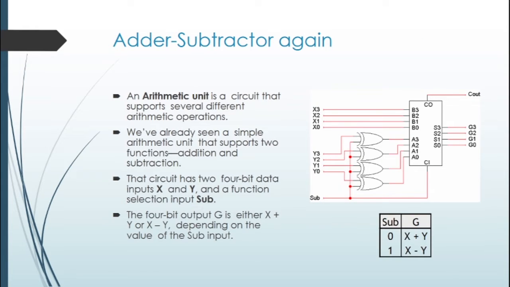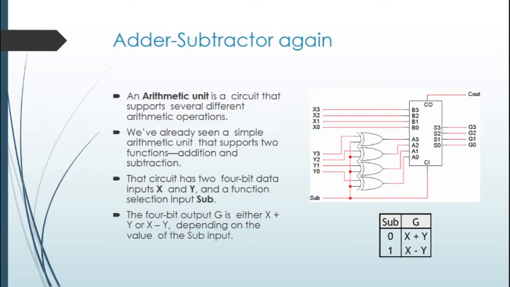So back to the same adder-subtractor circuit that we designed to do both the addition and subtraction tasks. An arithmetic unit is a circuit that supports several different arithmetic operations, and the most basic arithmetic unit we studied in the last lecture supported two main operations, addition and subtraction. That circuit was a 4-bit adder and subtractor. It had 4-bit data inputs x and y, and a function selection input sub that selected either